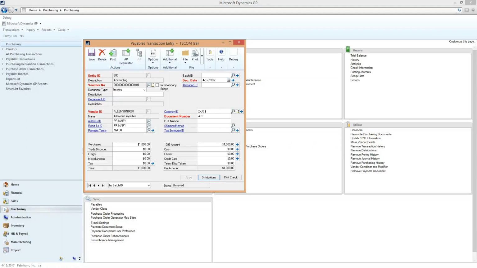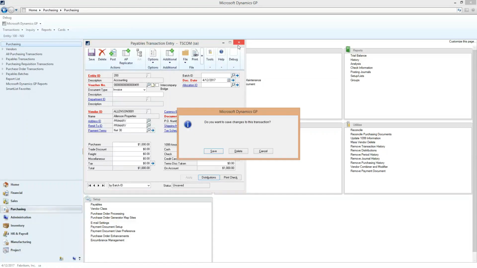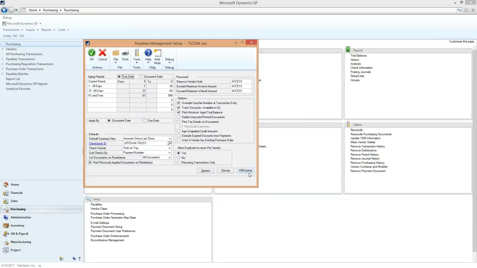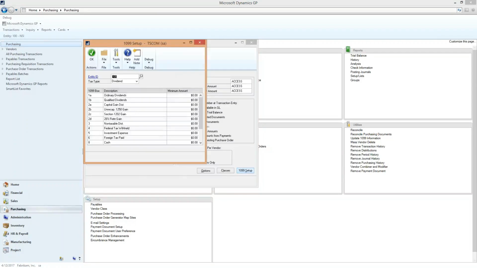Okay, so for the next one, Stephanie Rother posted, maybe I missed it, you mentioned we shouldn't use the payables management setup window. Why is that? Sure. So I'll just bring up the window so we can see it here in front of us. And it's down here when you go to the 1099 setup window. So I actually have my alternate window turned on right now. The reason why I said don't use it is that it's fine, you can. It just means that this isn't actually set up correctly, but